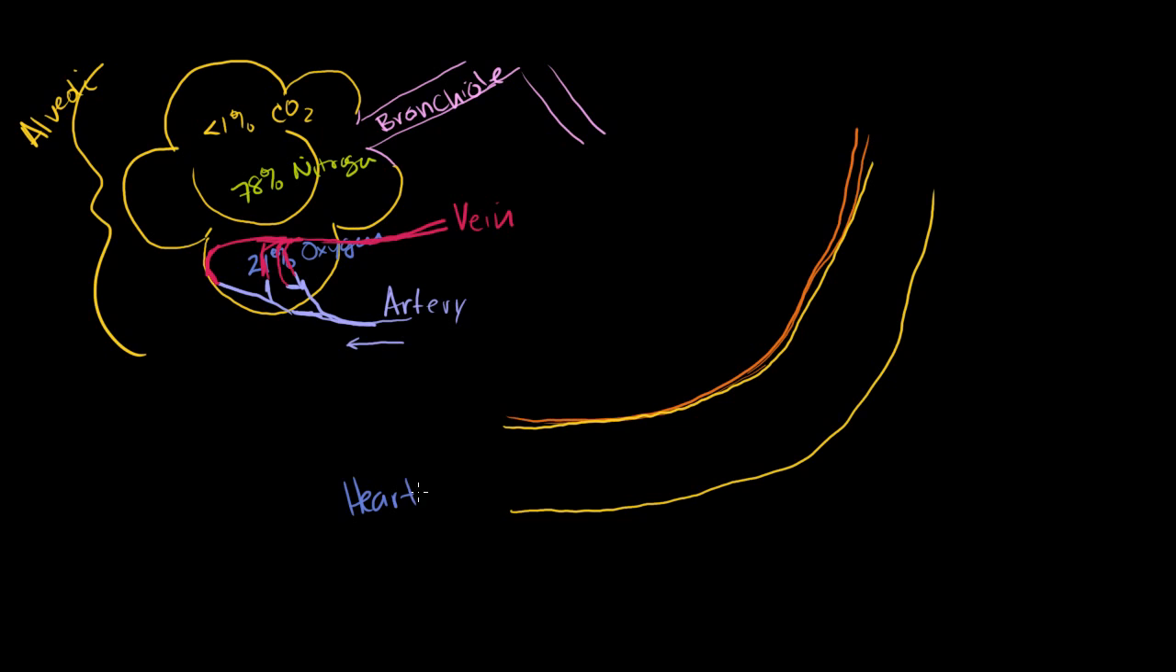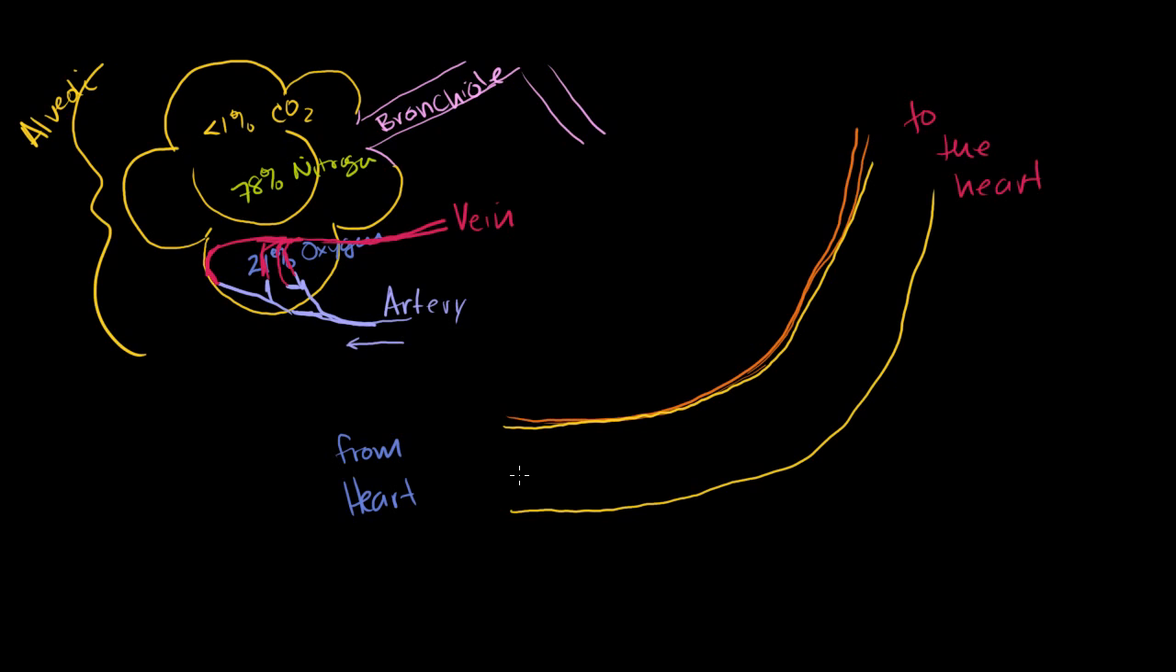So this is blood coming from the heart, and then this is going to go back to the heart. Well, the heart's on both sides. So let me write it this way. From the heart, and to the heart. And what you have here is, when we're coming from the heart, this is deoxygenated blood,